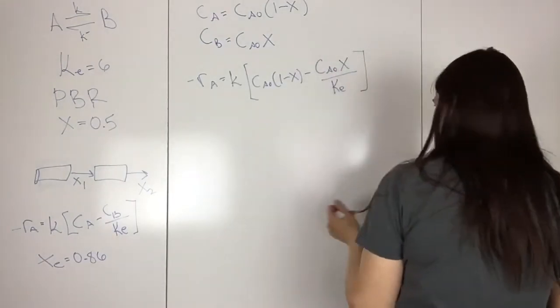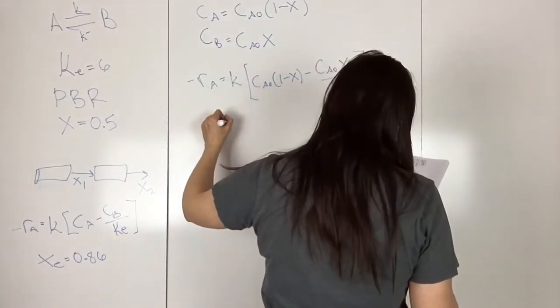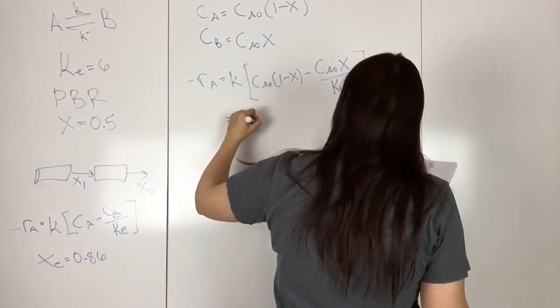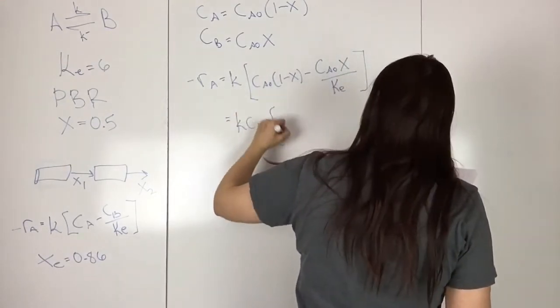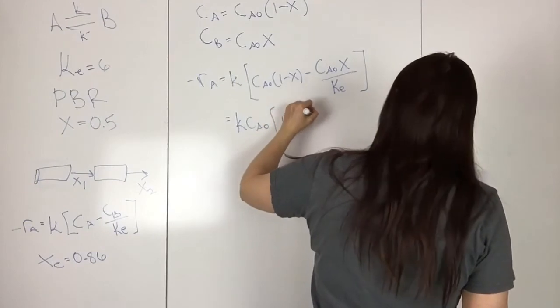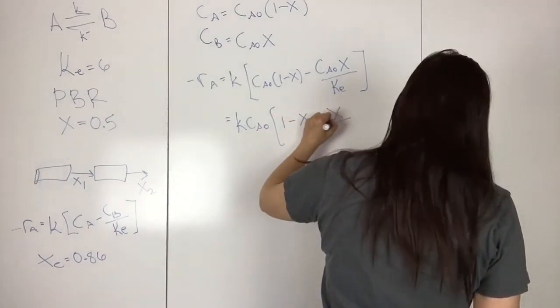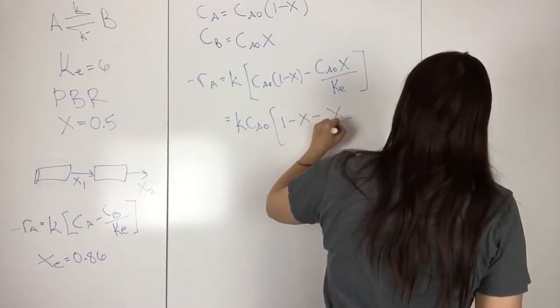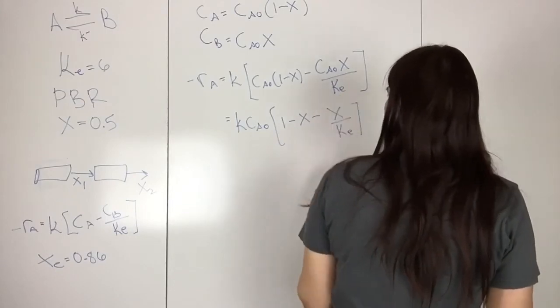And then we can simplify this a little bit, so this is equal to k Ca naught (1 minus x) over Ke,